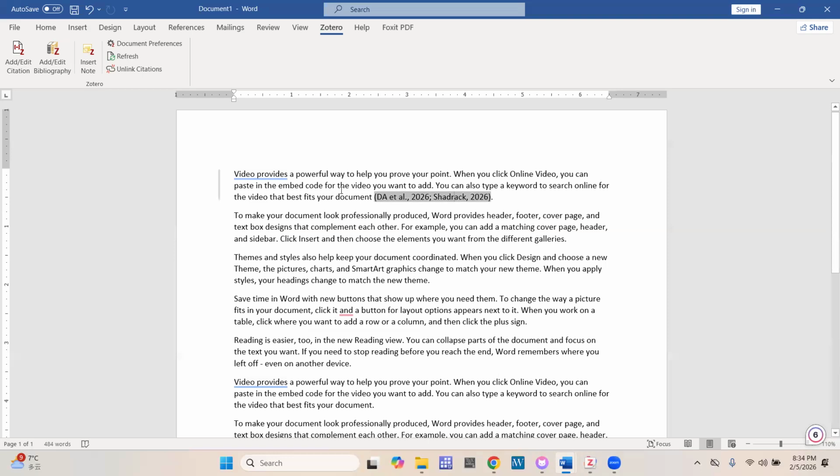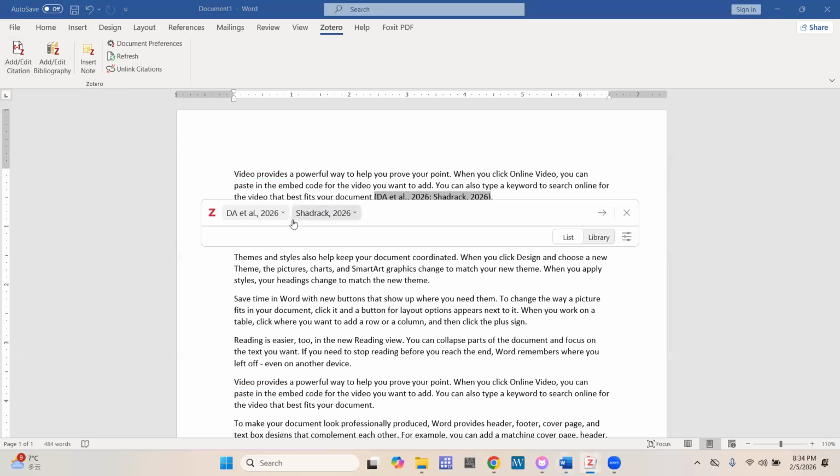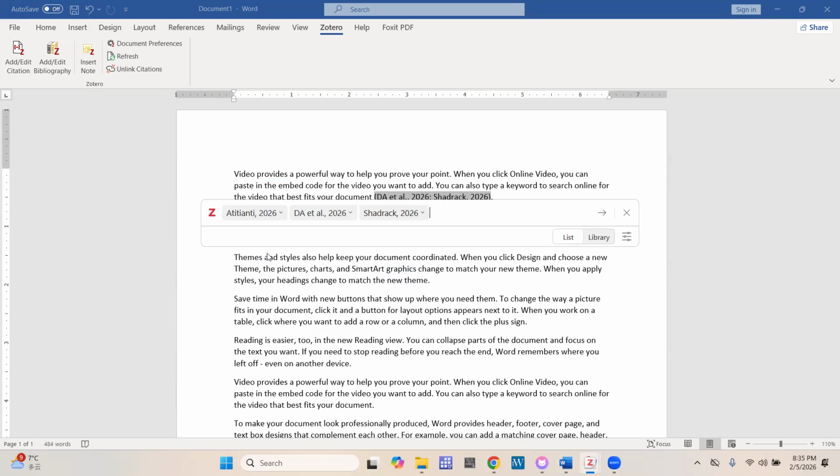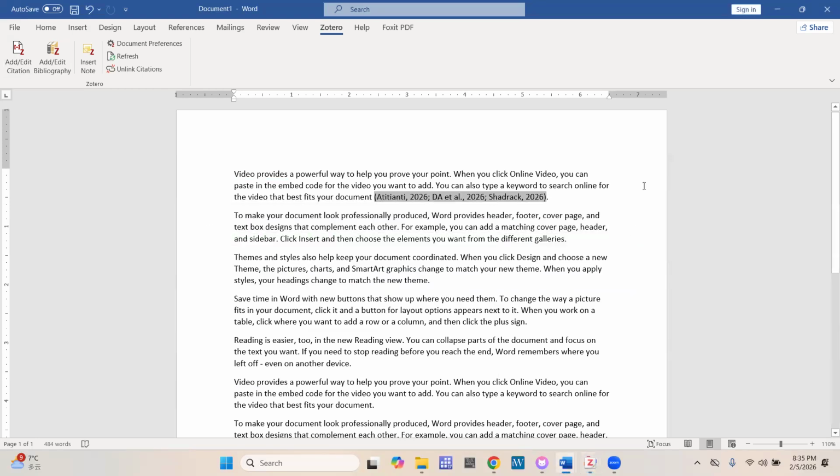Now, in case perhaps you realize you have to add another paper to this list here, you can just click anywhere within this citation. You realize that it's automatically highlighted. Zotero actually picks up all this text for you. So you just have to come to add or edit. Then Zotero will give you the opportunity to make adjustments. So let's add maybe another author. Let's type the keyword NUGS to see if there's any other document. So we have the NUGS training report. Let's click on that as well. Once you click enter,